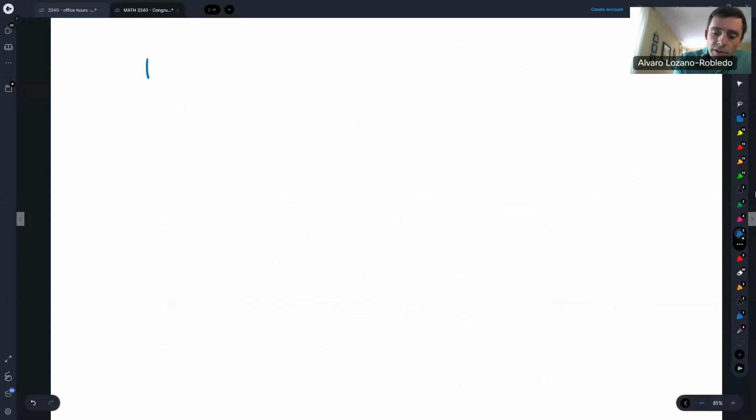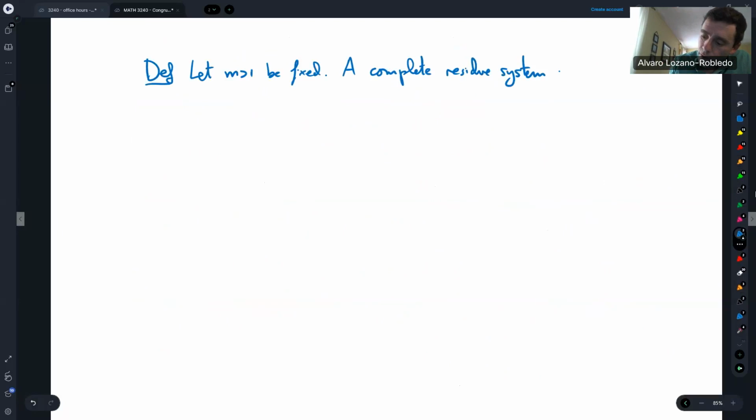So let me define that. Again, let the modulus be fixed. A complete residue system modulo m